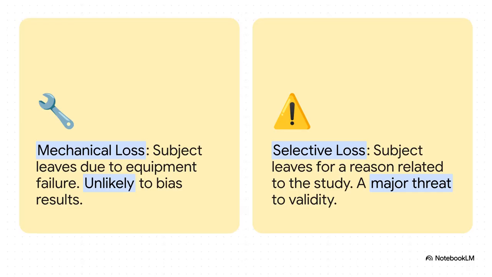So, you've got to know there are actually two types of subject loss. The first is mechanical loss. That's when someone leaves for a random reason, like the computer crashes or the researcher makes a mistake. It's annoying, for sure, but it probably won't skew your results. But selective loss? Oh, that is a huge, huge problem. That's when people drop out for a reason that's actually related to the study itself, and it can completely wreck that beautiful balance you created with random